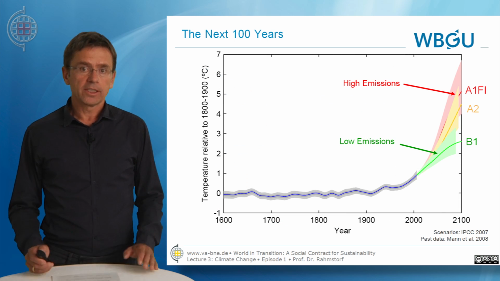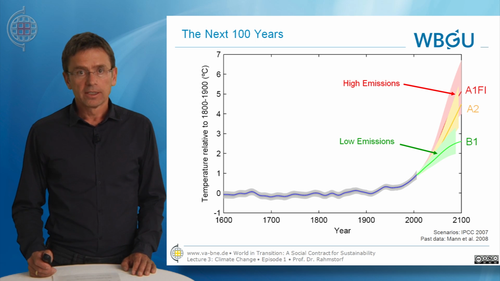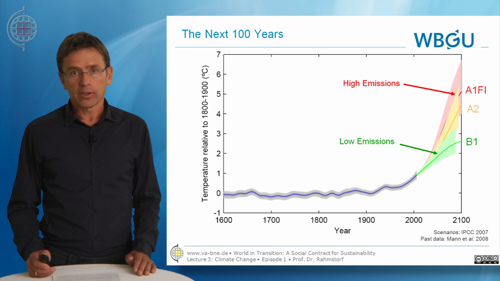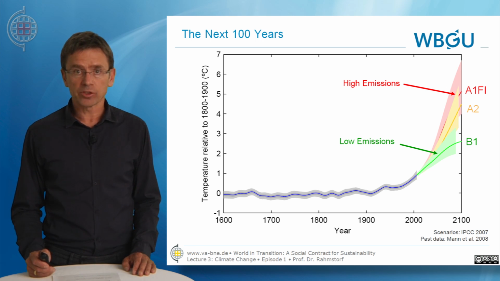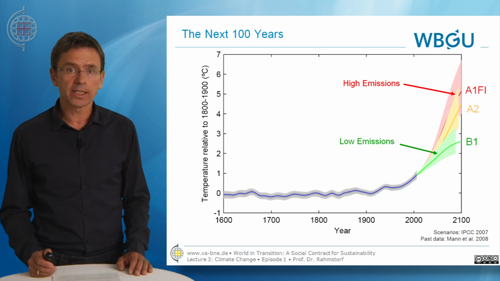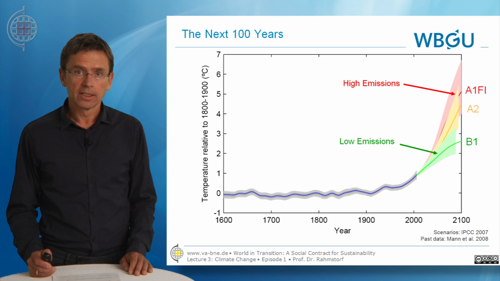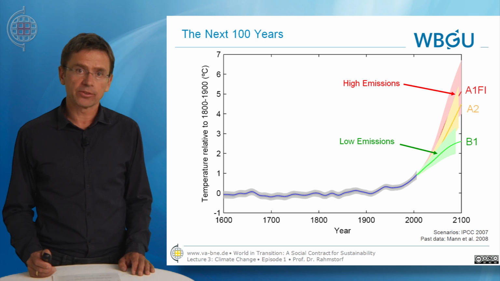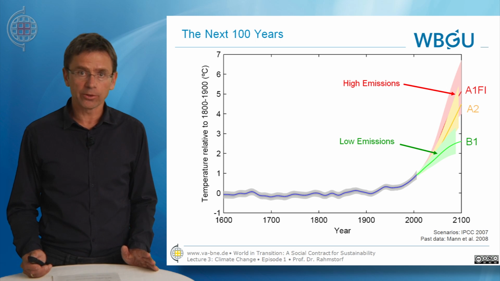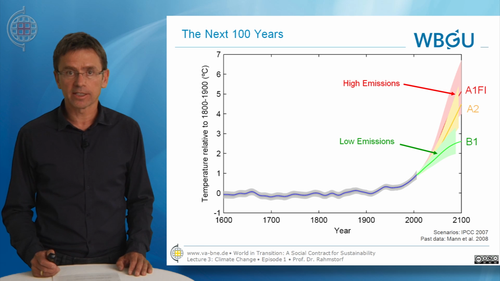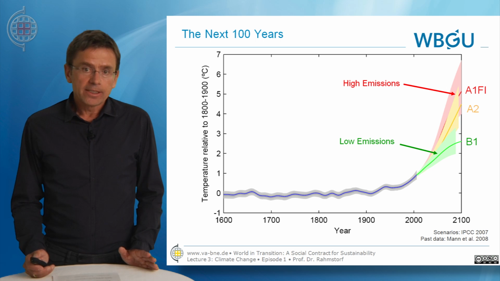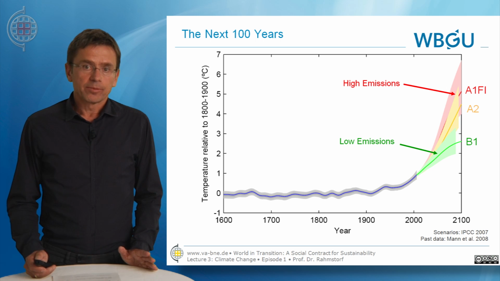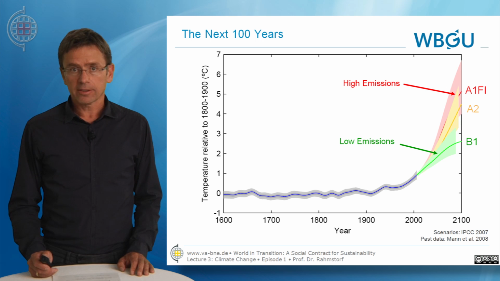Now let us have a look into the future of the global temperature. I already pointed out that our activities, human activities, are now really dominating the changes in the Earth's radiation balance, and hence they are also the dominating cause of climate change. And that will continue into the future as well, unless some really extremely unexpected things happen, like a huge meteorite striking the Earth, or the sun doing something that it has never done in the last 1,000 years since we observe it. And so it is really, I think, pretty certain that the future is up to us,